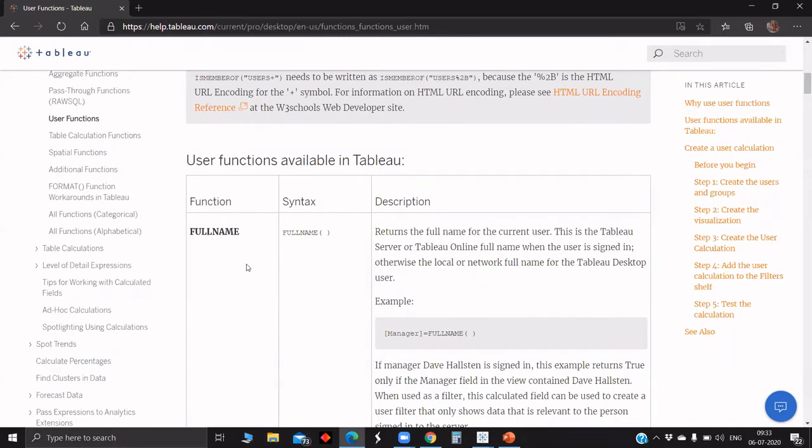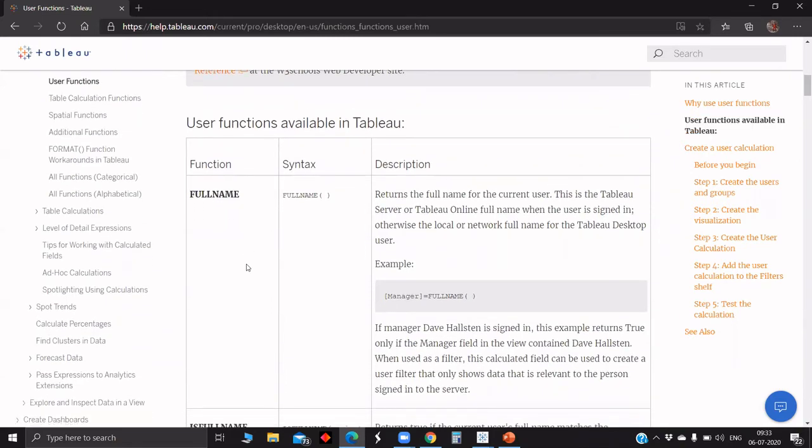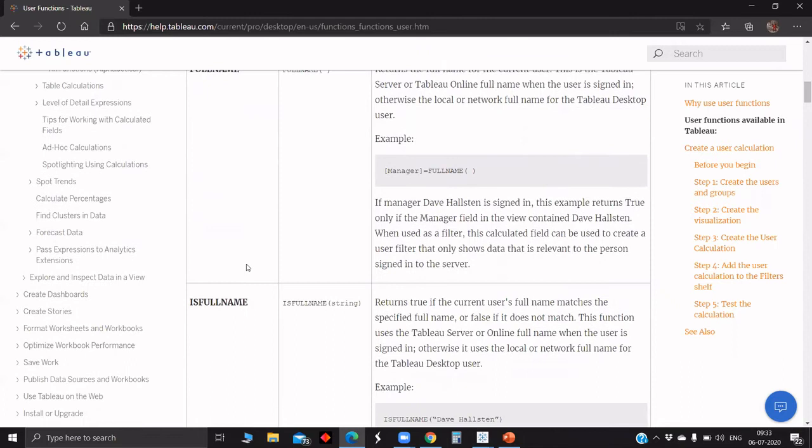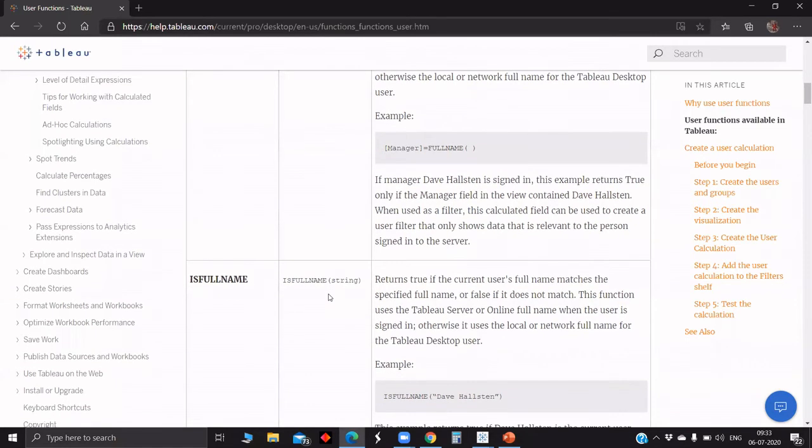Full name is used to return the current user of Tableau, and there is also an is full name function, where you can give the name as a string. If the user is the same as the input you have given, it will return true, or if not, it will return false. So basically it's a logical function, true or false.